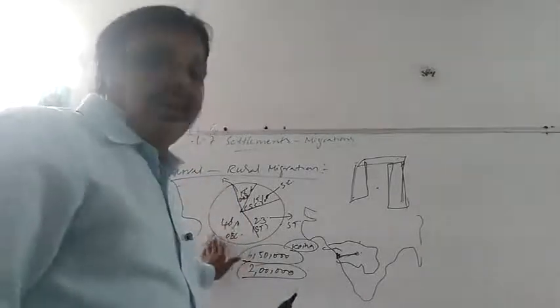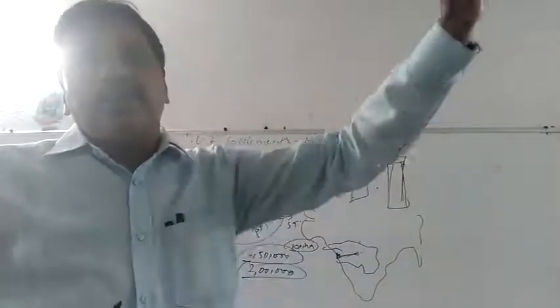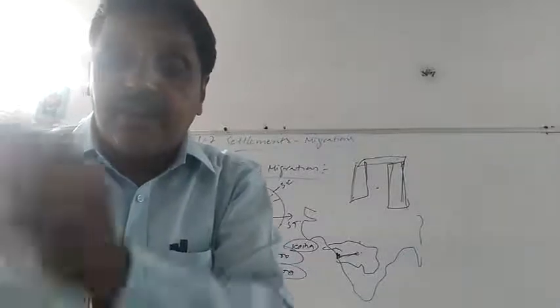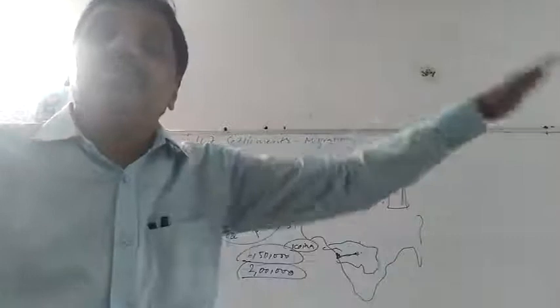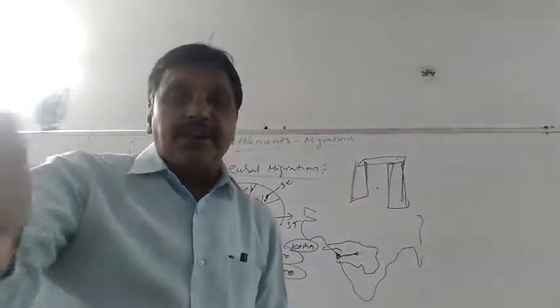Here, why people are moving out is uneven development. It means at one place development is more, at some other place it is less. The people who are living in this underdeveloped area, which is not developed well by the government, will be moving mostly for settlement. And coming to the tribals now, tribals will be getting displaced